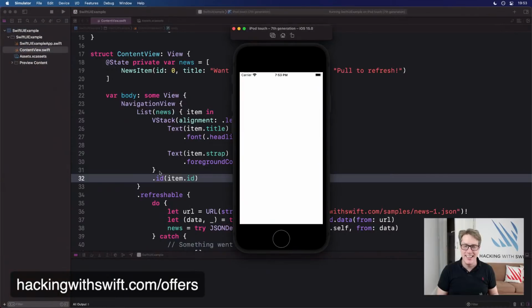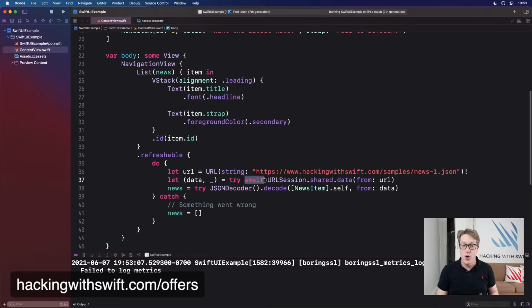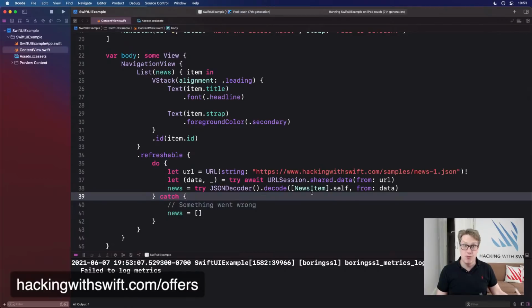Have I muffed up the JSON decoding it along the way? Pull to refresh. It's thinking. Oh, worked first time. Brilliant. So we can get pull to refresh, fetching things via URL session, bang, out of the box. It works brilliantly. So it's so nice. Where I'm going to worry about, hide the spinner, show the spinner, that's all handled for us. It'll go away automatically where we have our await call here. When this work here finishes, fine, it'll then go ahead and hide the spinner for us automatically.